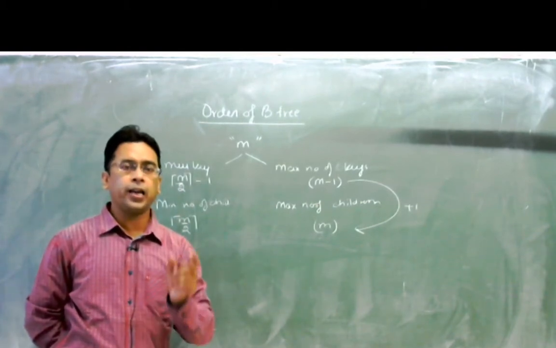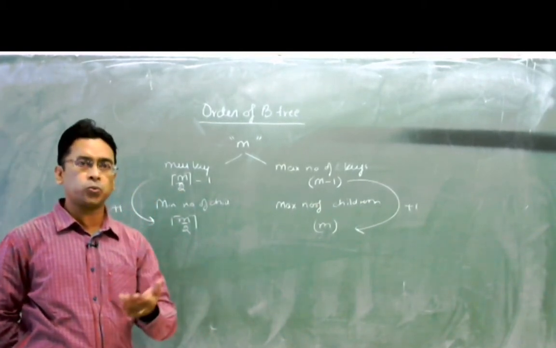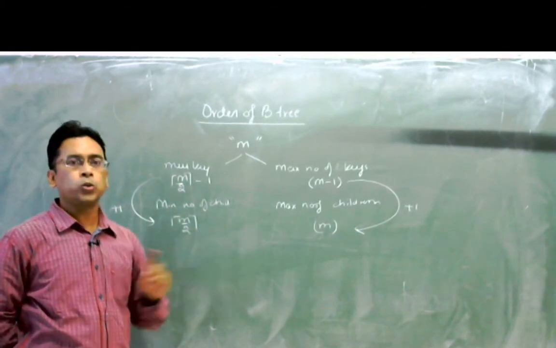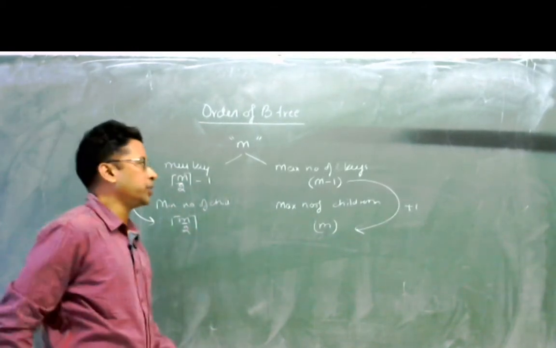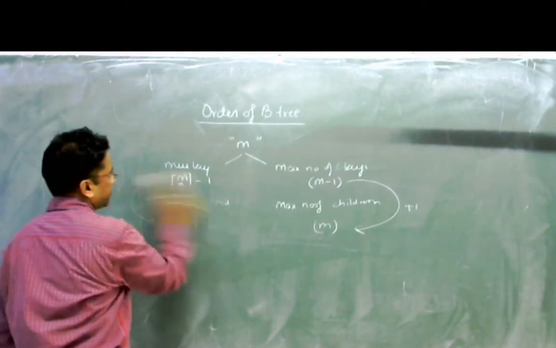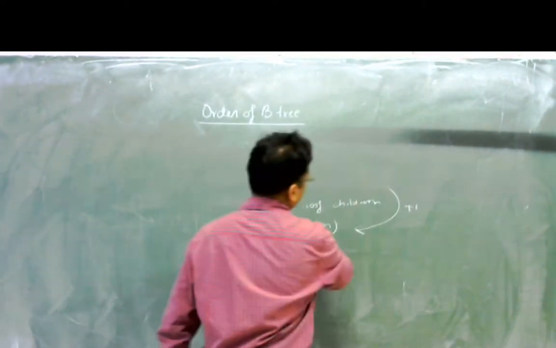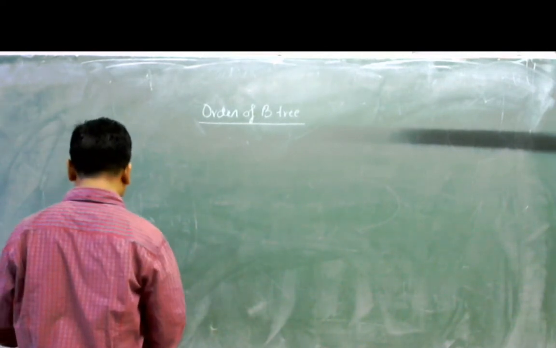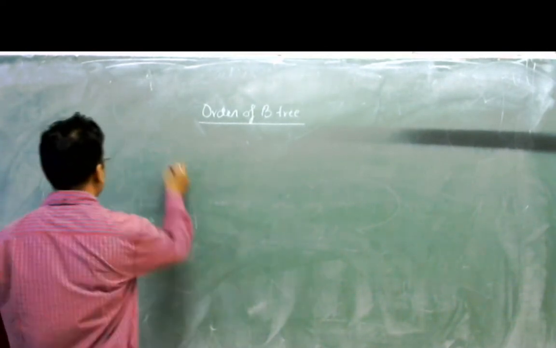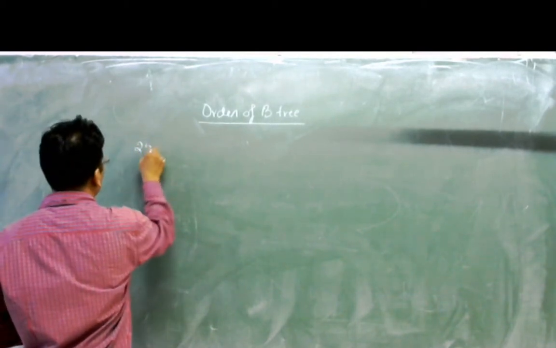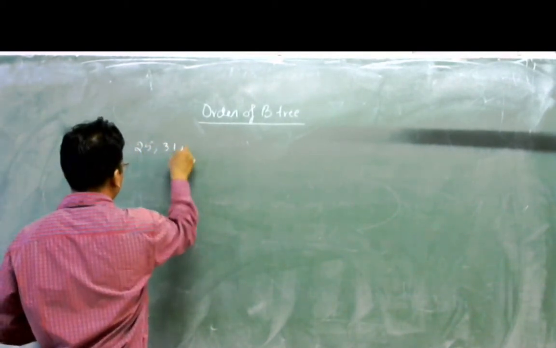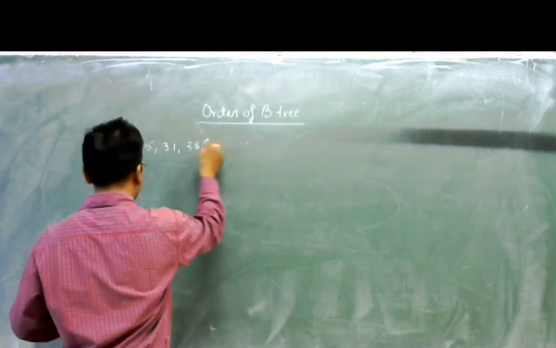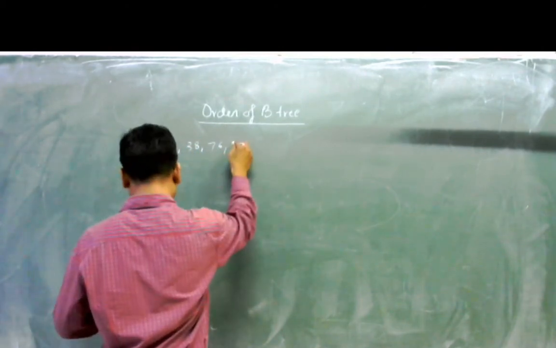If there are n keys, then there would be n plus 1 children for a B tree node. So now I am going to take the example and I shall solve it. The question is, I am just taking a number series. This question came in the AKTU examination in 2004-5: 25, 31, 38, 76, 5,